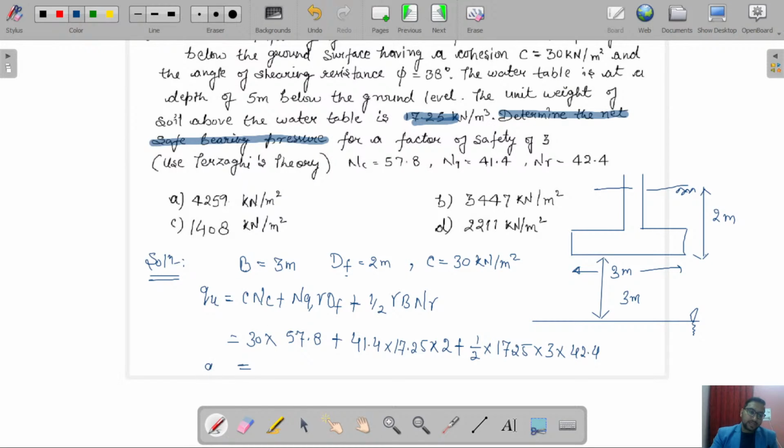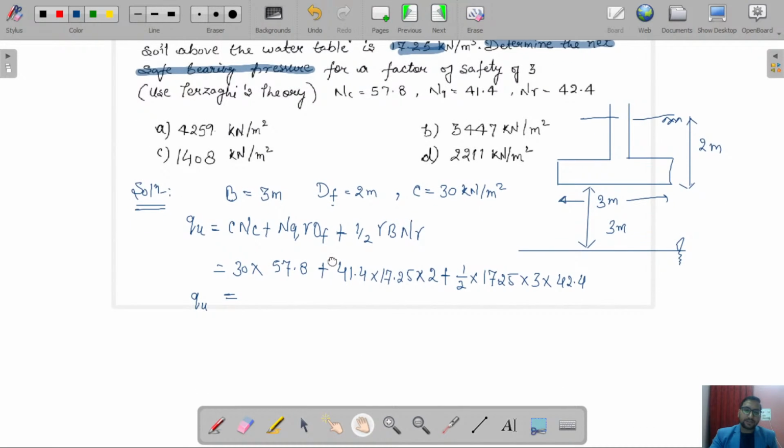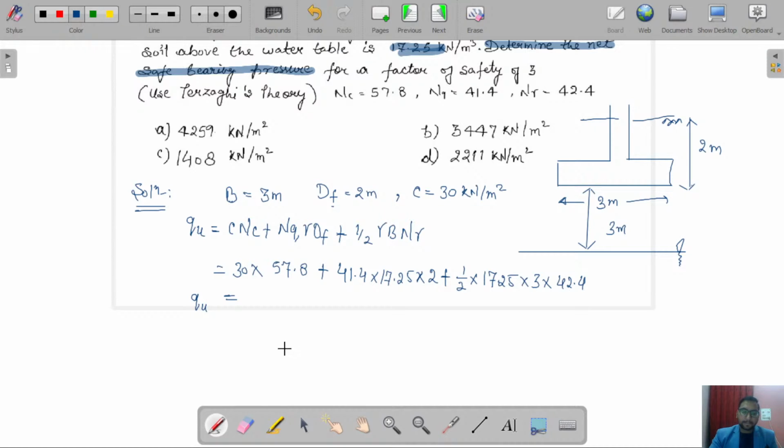Calculate the Qu value. What is the value of Qu you are getting? Calculate the ultimate bearing capacity. Okay, so our ultimate bearing capacity is coming to be